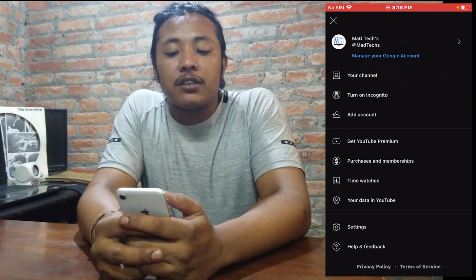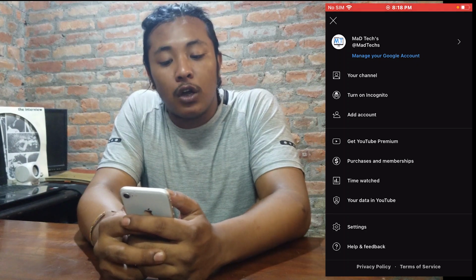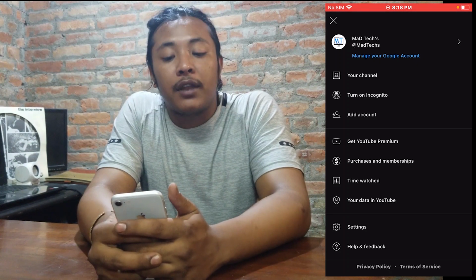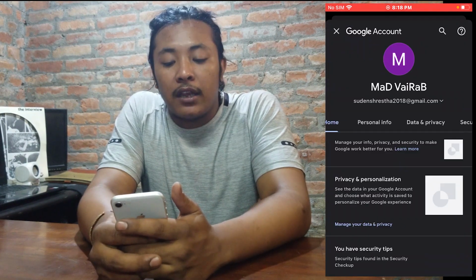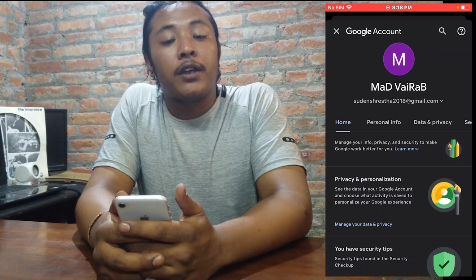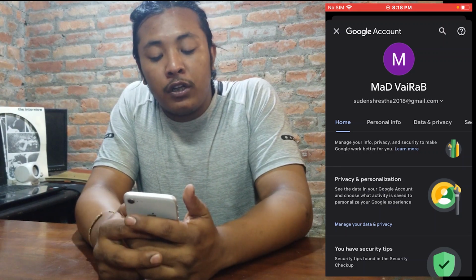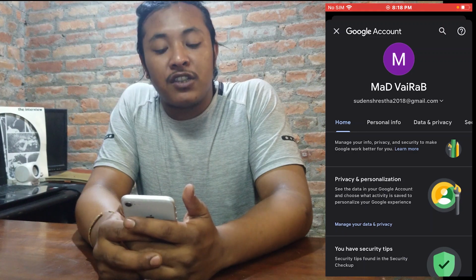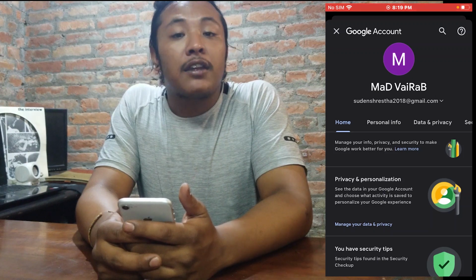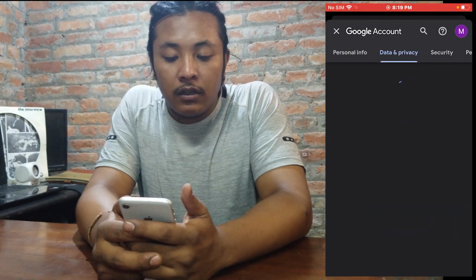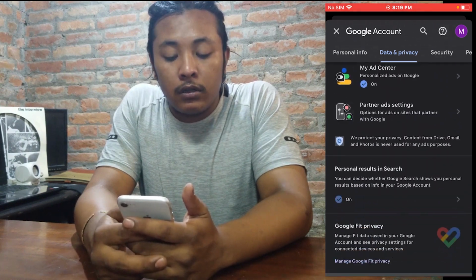and after that, guys, you can see the manage your Google account option available for us over here. Simply tap on that manage your Google account first, and after landing over here, which is the home page of the Google account of your Gmail or your YouTube channel, you can see there is the data and privacy option available for us just beside the personal info. Tap on that data and privacy first, and from over here scroll down to the bottom, at least